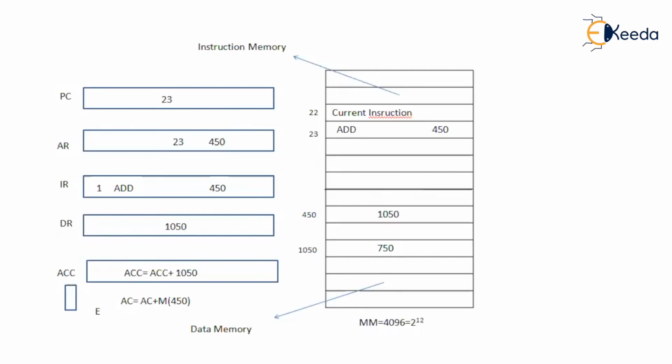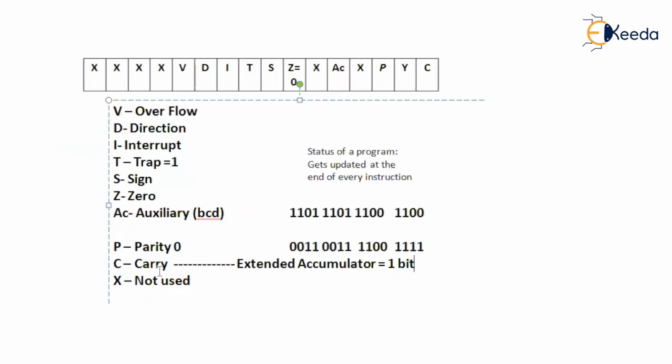When there is an end carry, when two 16-digit numbers are added, and if the resultant is a 17-digit number, then the carry flag will be set to 1. So in order to accommodate this carry, we use the extended accumulator, that is 1 digit. Try to understand, the output will eventually get transferred to the accumulator only, right? You remember?